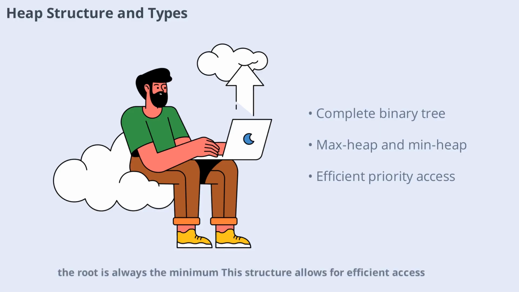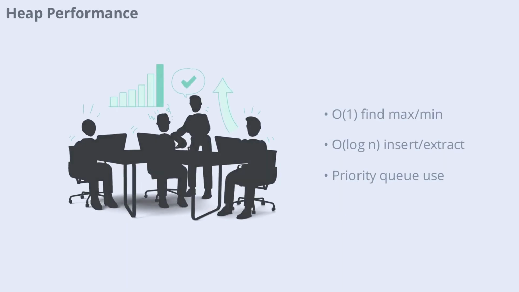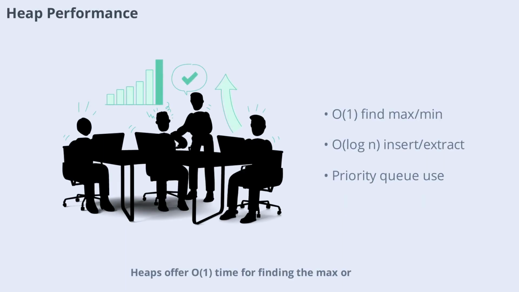In a min heap, the root is always the minimum. This structure allows for efficient access to the highest or lowest priority item. Heaps offer O(1) time for finding the max or min element and O(log n) time for insertion and extraction. These properties make heaps ideal for implementing priority queues, which are crucial in algorithms like Dijkstra's shortest path and event-driven